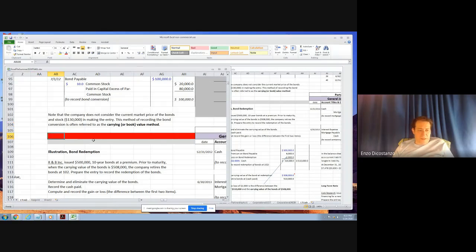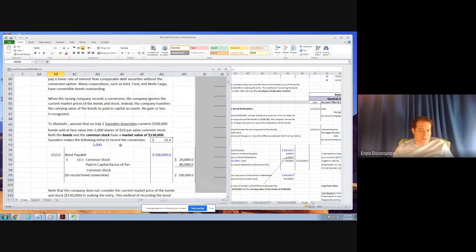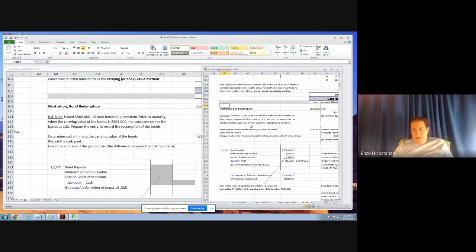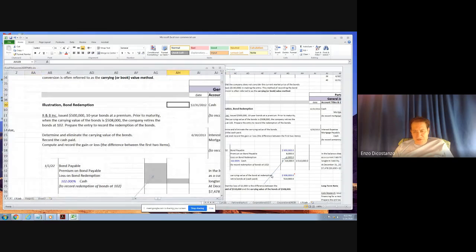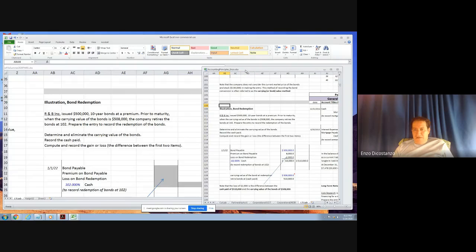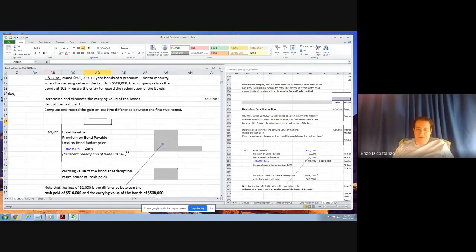So last time we were working together, we talked about this loss, and we did the conversion from the bond instrument, the debt instrument, to the equity instrument. We talked about that a bit last time. So now we have R&B here, and we're going to discuss that next. And actually, we'll try to go to 150, maybe a little bit better with the scaling. Maybe that will help us a little bit better. We could use some help today, that's for sure. So anyway,